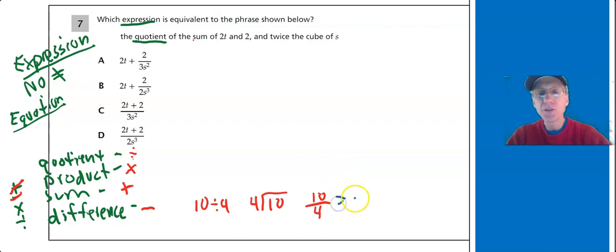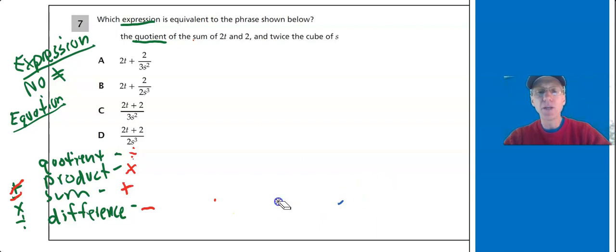There are 2 whole groups, 10 divided by 4, 2 whole groups, 2 parts left over out of 4. Or 10 divided by 4 is 2 and 2 fourths. Okay, so let's take a look at our problem here. There are lots of ways to do this. You can be really creative. We're going to draw it and use a number line first.